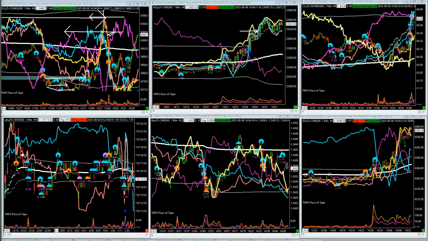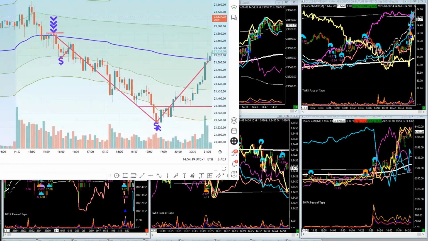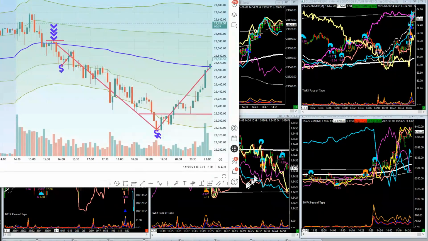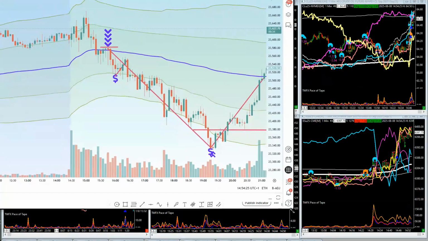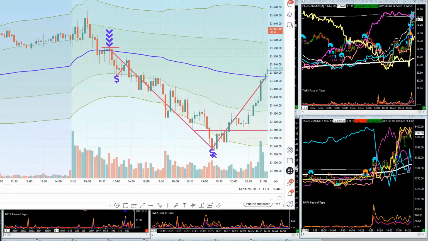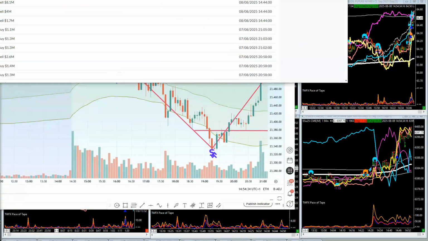So let's take a look at how it would have shown up yesterday. These would have been the trades you would have had for yesterday, okay? These are the trades you would possibly have taken based purely on the time stamping of the trade log itself. So if you look at yesterday's trade log,